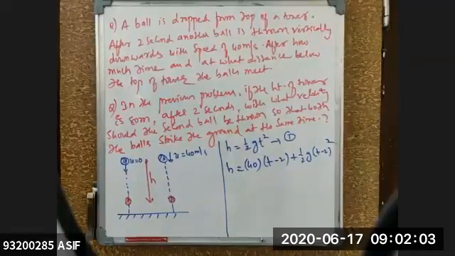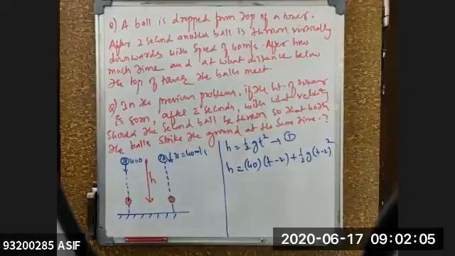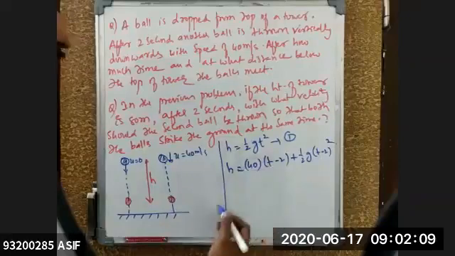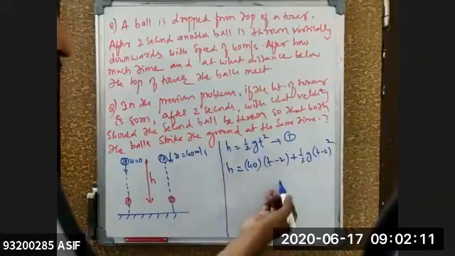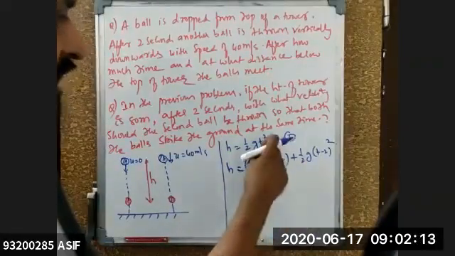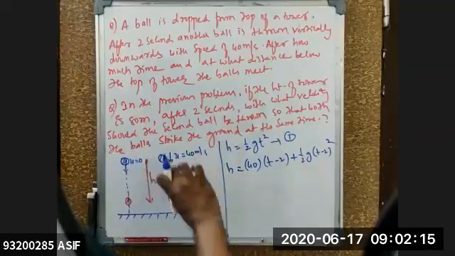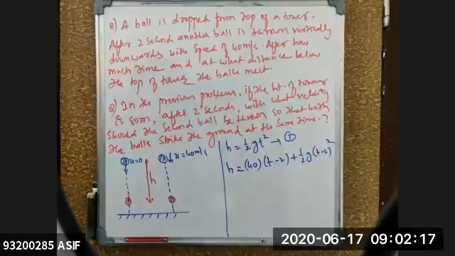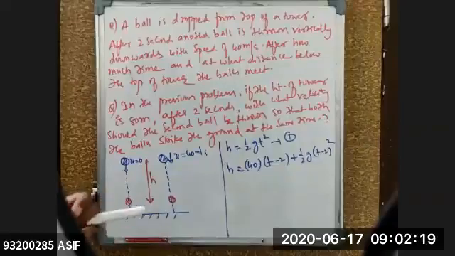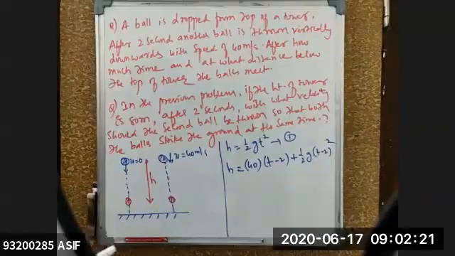Now both of their heights are the same, so we can equate them. Equate both the heights and we will get the time. Once I get the time, substitute it in equation number 1, and that will give me the height where the meeting might happen. Okay? So you got an idea?